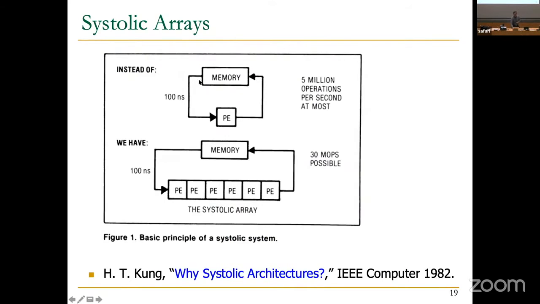So let's take a look at this. Pictorially, from this paper that I recommended earlier, you have memory and a processing element. And you basically bring one element and then write the data back to memory. You can think of this as the von Neumann processing element, but we're going to be much more specialized, of course. Whereas here, you bring the data to a processing element, and then that does some computation on it, gives it to the next processing element, which does some other computation on it, gives the resulting data to the next processing element, which does some other computation, and you keep doing this until you finish whatever computation you want and write the data back to memory.